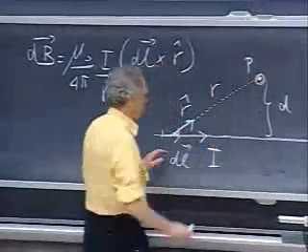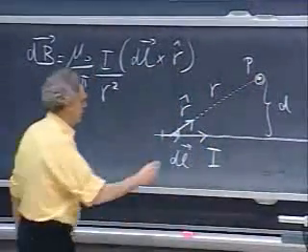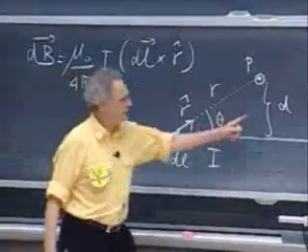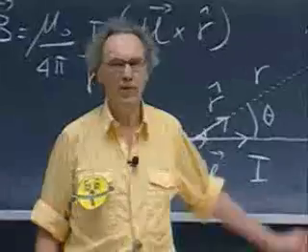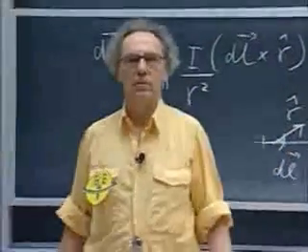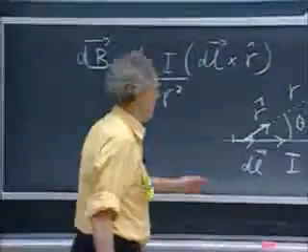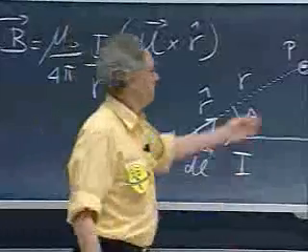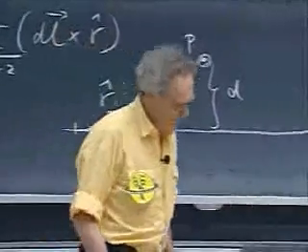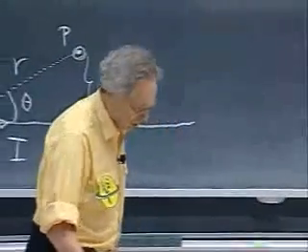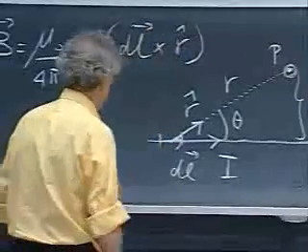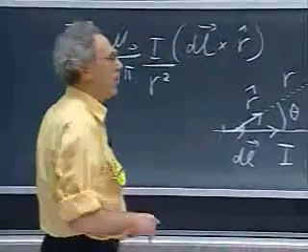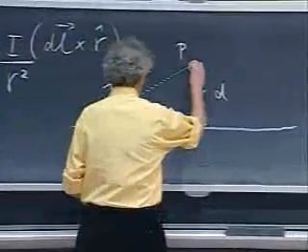It comes out of the blackboard due to this section dl. This angle is theta, and the sine of theta is d divided by r. And then you have to do an integral over the whole wire, theta 0 to pi. And then you get the magnetic field here. Not very smart thing to do, a waste of time. Because clearly the way to do this is to use Ampere's law, which is the one at the bottom there, in which case you would